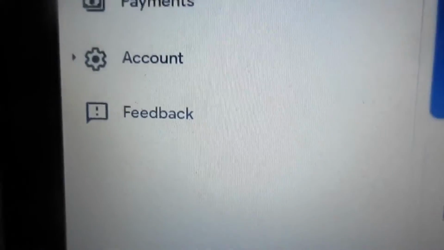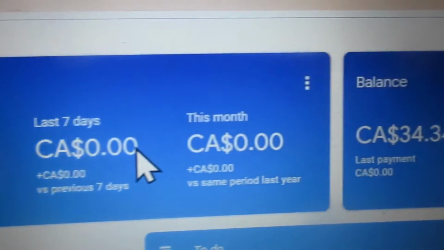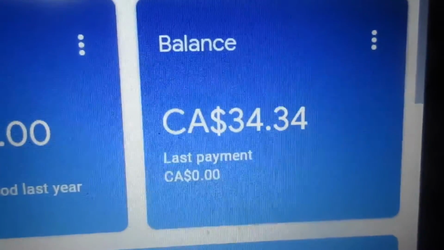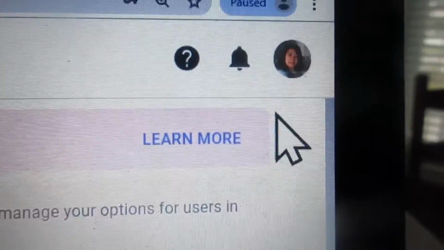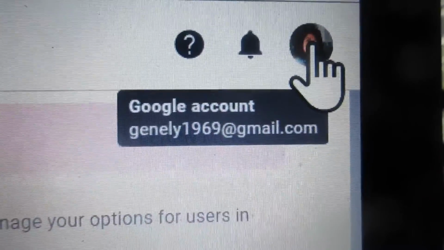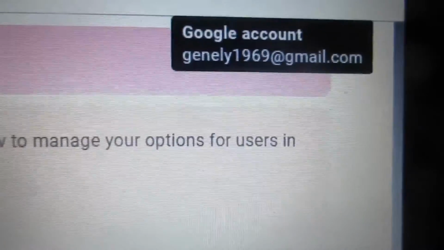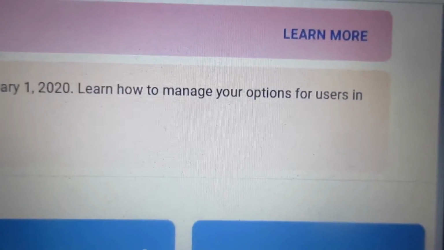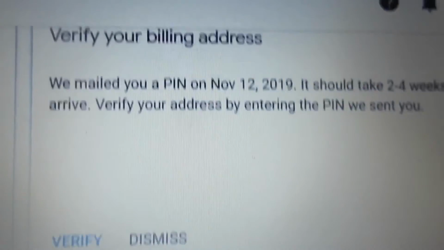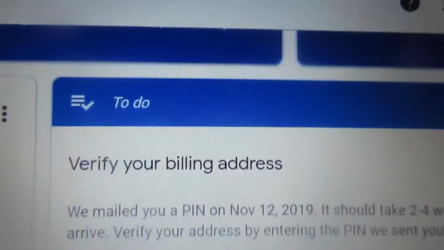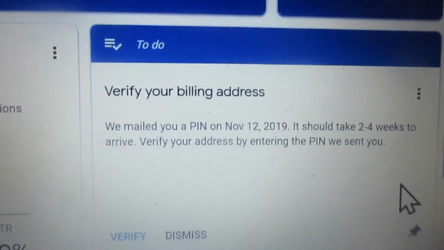This is the page that you can see. This is my last payment balance, and then there's my pictures, the Google AdSense account. Okay, now to find out whether they already sent you the PIN,